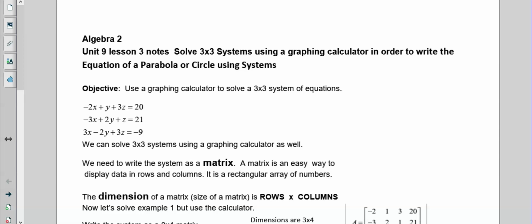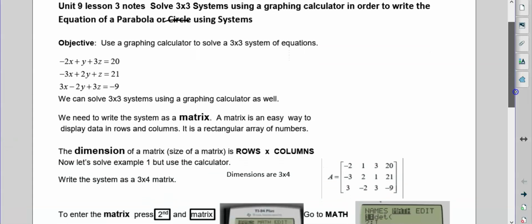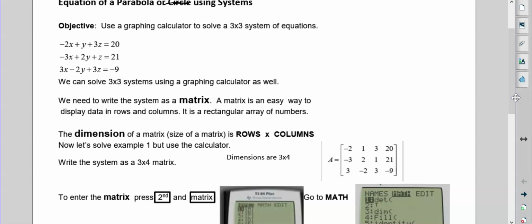Okay, so there was an error, and I am just redubbing the narration over this, so it's going to be a little bit awkward sometimes and after the fact, but we'll try to keep it up. So we're not going to deal with circles on this one. We're just going to learn how to use graphing calculator to help us solve systems and find the equation of